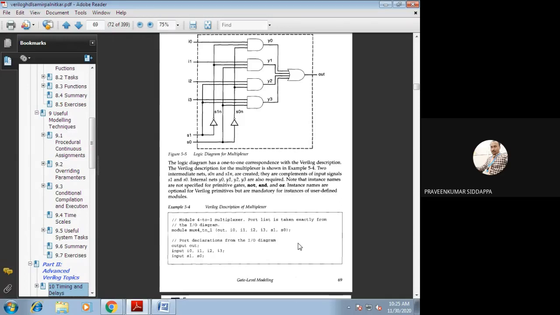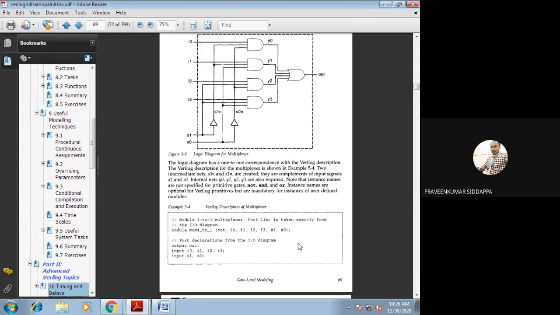You can use vector initialization also, no problem. He has used all the variables. Next, output out, input I0, I1, I2, I3. There only you can write S0, S1 also, no problem. After that, input S1 and S0 he has written. Two statements he has used, no problem. You can write it in one statement also. It should be executed. Is this module definition clear?